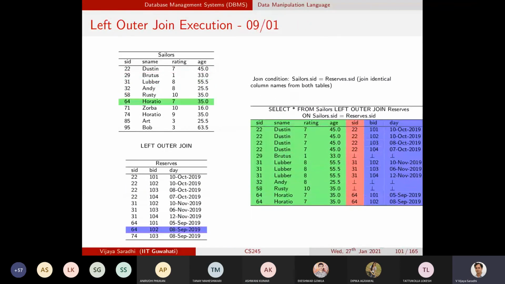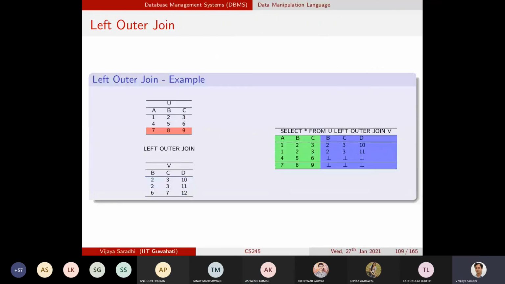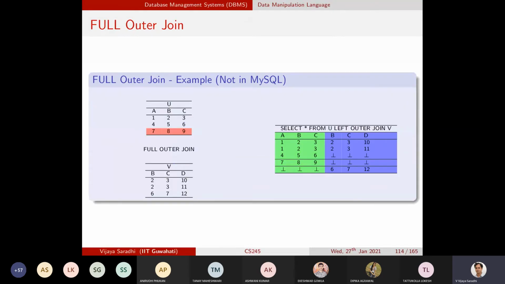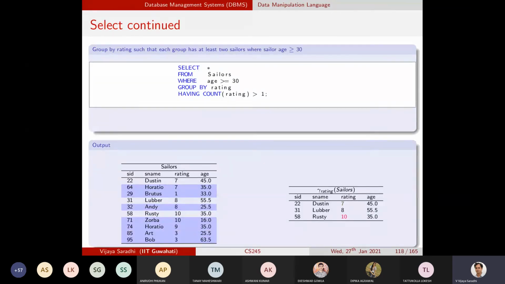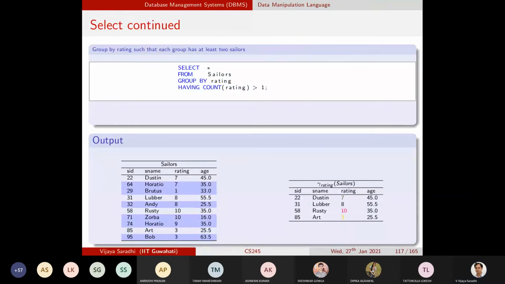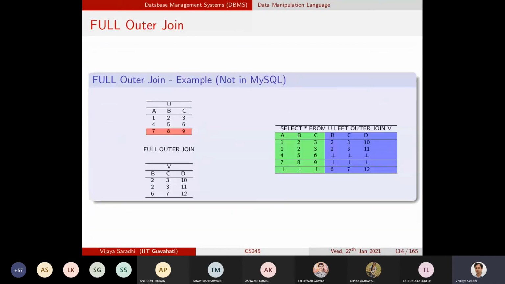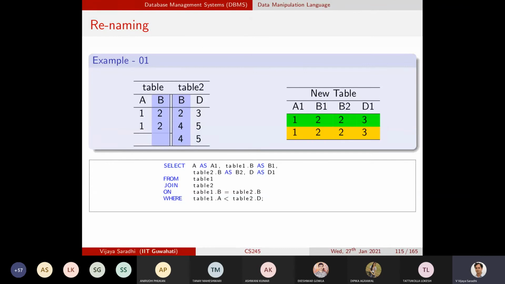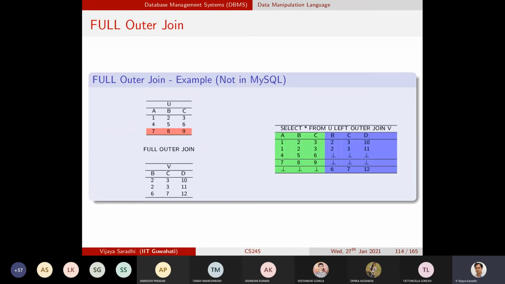So once we have understood all these join operations, let me just, where is that table for me? Okay, let me just, one slide may be missing, earlier I had noted.